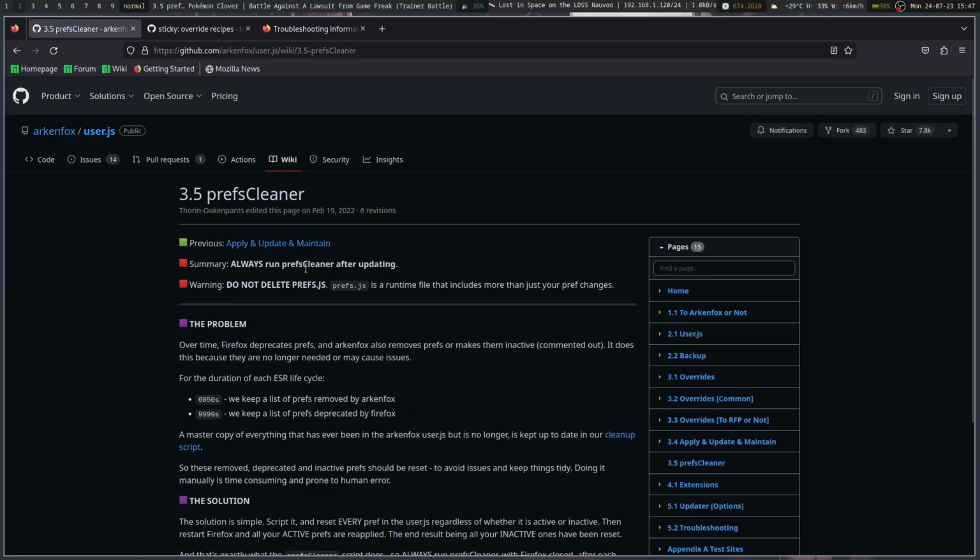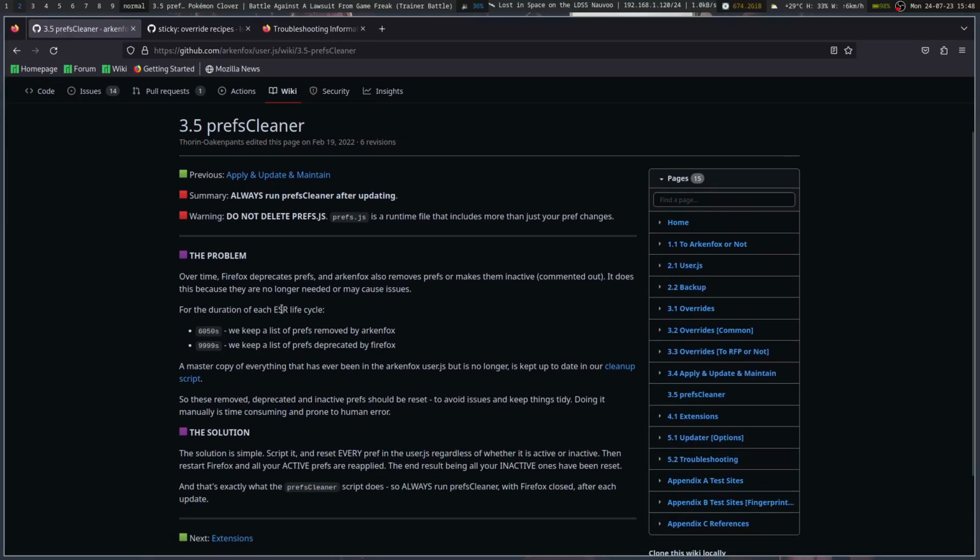Always run prefs cleaner after updating. Do not delete prefs.js. Prefs.js is a runtime file that includes more than just your pref changes. Over time, Firefox deprecates preferences, and Arkenfox also removes preferences or makes them inactive by commenting them out. It does this because they are no longer needed or may cause issues. For the duration of each ESR lifecycle,